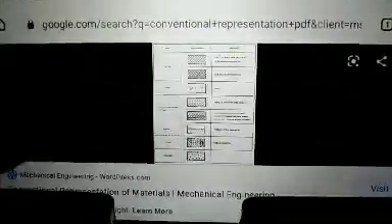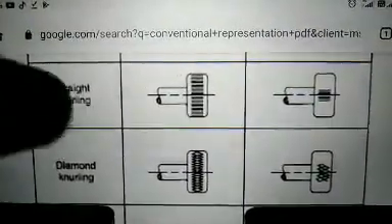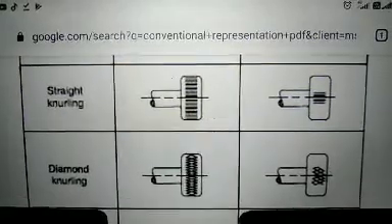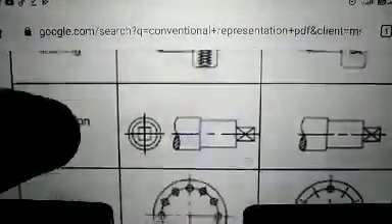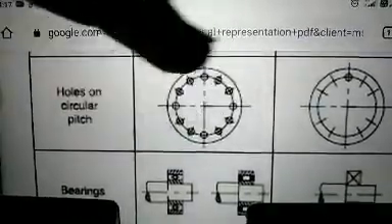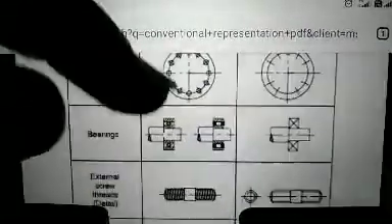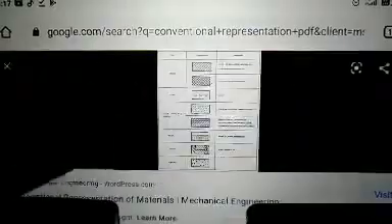Then different knurlings are also there for any type of object, such as straight knurling shown like this, diamond knurling shown like this, square on the shaft like this, holes on the circular periphery shown like this in conventional representation, bearings shown like this, external screws and internal screws shown like this. So this type of